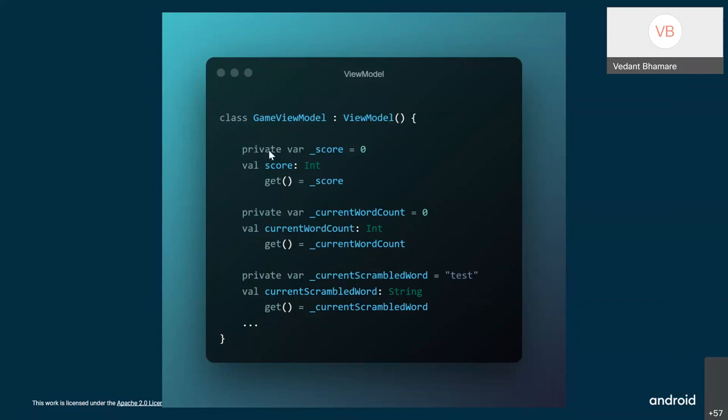As you can see here, there are two types of initialization. Here it is private var _score = 0, and there is one more, that is val score: Int, the data type is Int, and it is getting the value of _score.